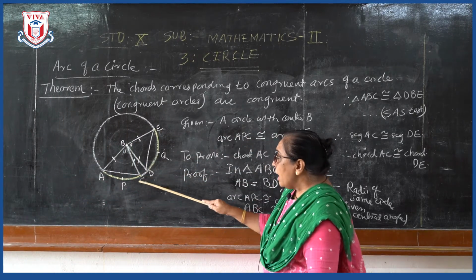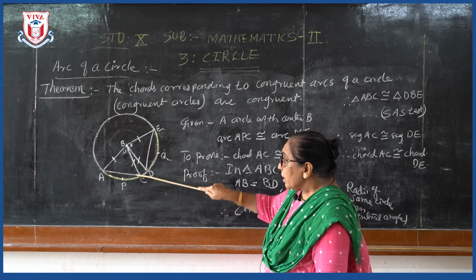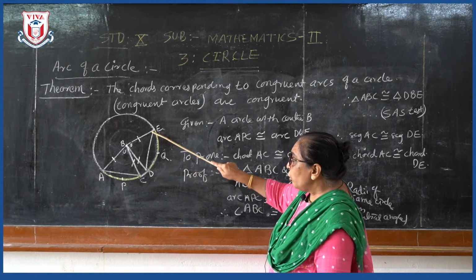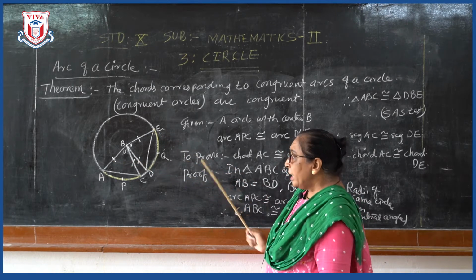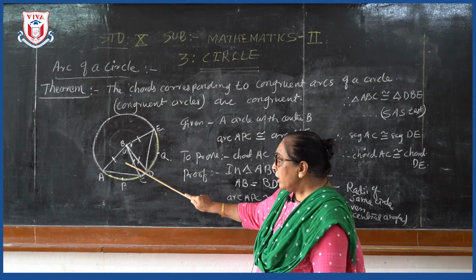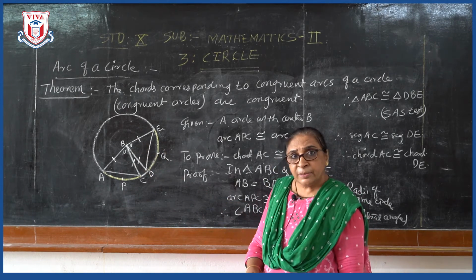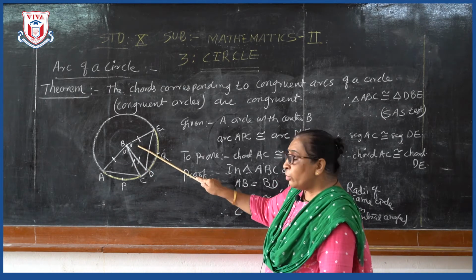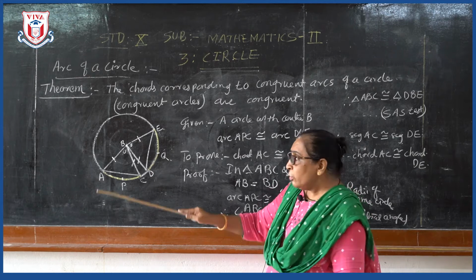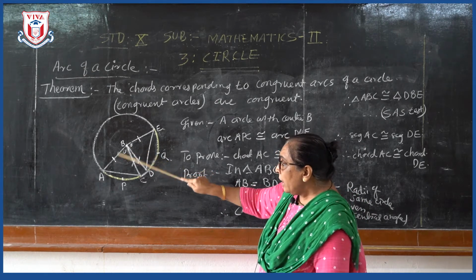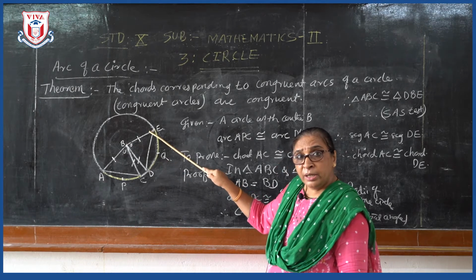Instead of these arcs, what is given to us? In the converse theorem, they may give this: chord AC is congruent to chord DE. Now the remaining radii you can write in the same way. So the triangles will be congruent by the side test. When the triangles are congruent, their corresponding angles are congruent. In that corresponding angle pair, you can consider the central angles ABC and DBE will be congruent.